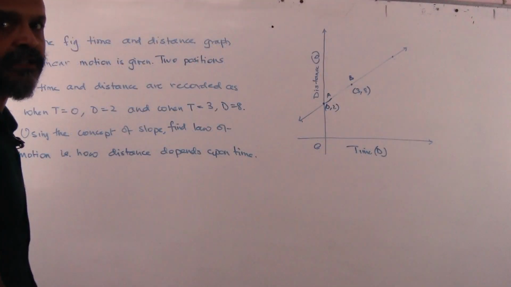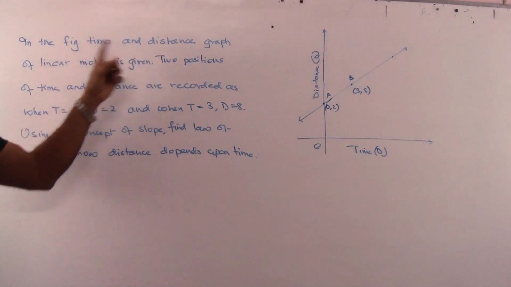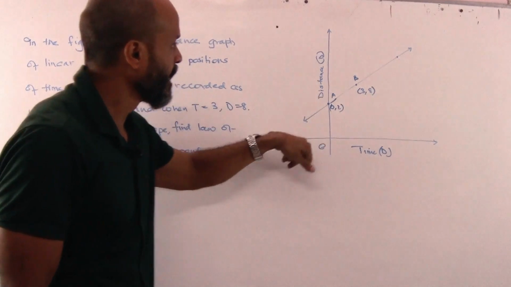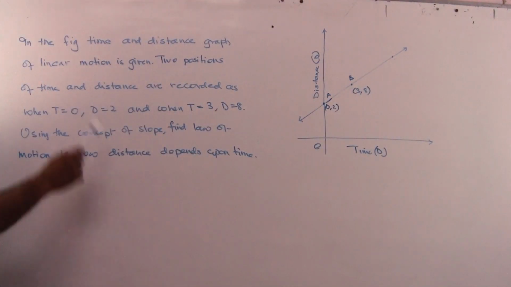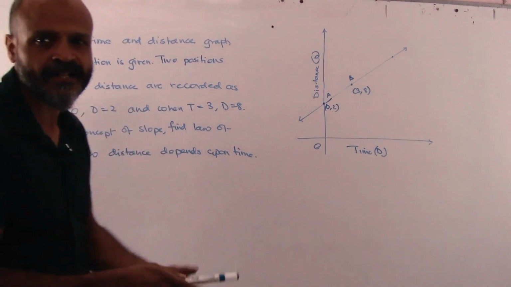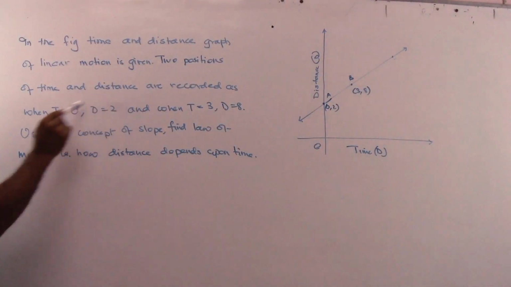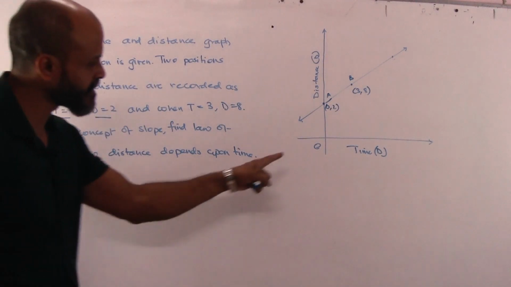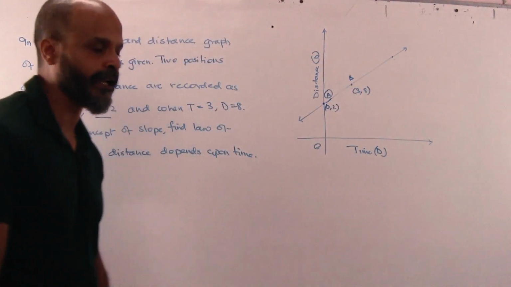Another question basically which is from NCERT, and it states that in the figure, the time and distance graph of linear motion is given. So basically we have plotted time along the x-axis and distance along the y-axis. A body is performing linear motion, and the time and distance graph are recorded. When t is equal to 0, d is equal to 2, this is represented by point A,